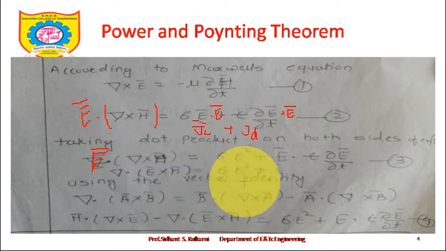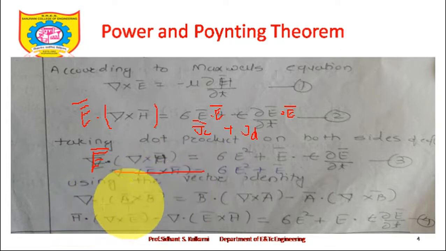Now using the vector identity, what we get, see, this is not the thing you should consider for timing. Using a vector identity, del dot A bar cross B bar is equal to B bar dot del cross A bar minus A bar dot del cross B bar. So it is a divergence of this cross product A bar cross B bar, we can take this third vector B bar into B bar dot del cross A bar minus A bar, that's the middle vector, into del cross B bar.